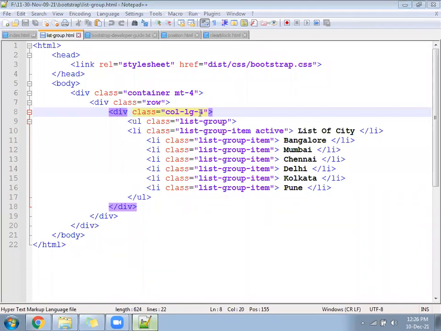Then we have made yesterday col-lg-4. 4 will convert into 3. And after the 3, we'll create one more called 9.